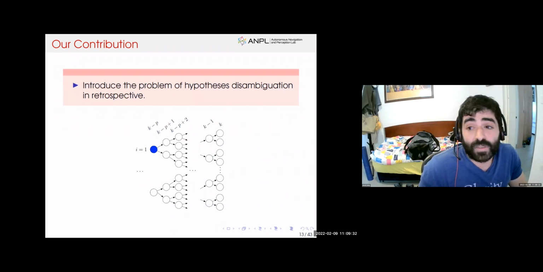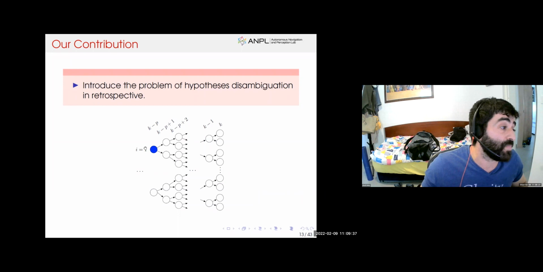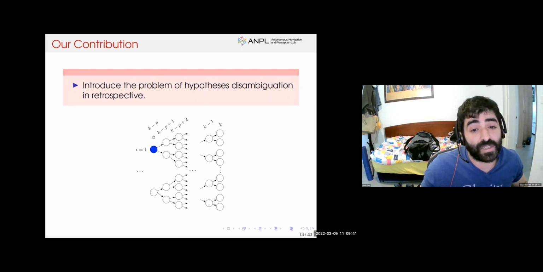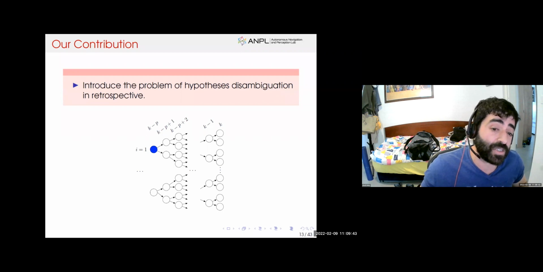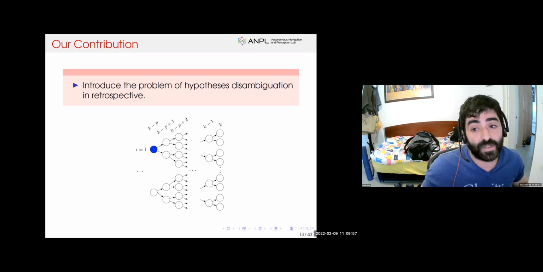So in general, our work deals with exactly this issue. In fact, we select or receive an i-th hypothesis from a past time, from some time k minus p, which is some strategic point or a reevaluation point. And we want to examine how the information we have obtained till time k has any effect on our past hypothesis weight, which by weight I actually mean the probability of this hypothesis to be the correct hypothesis in a way.